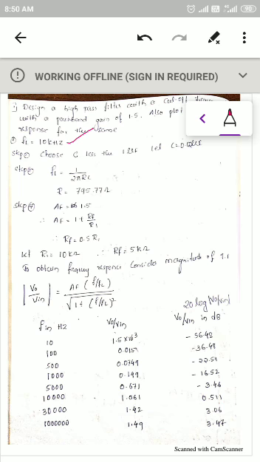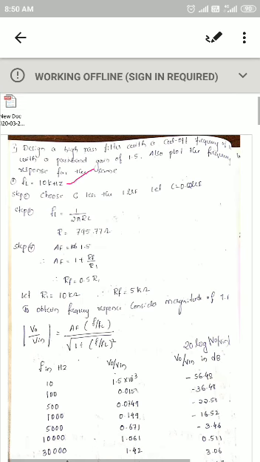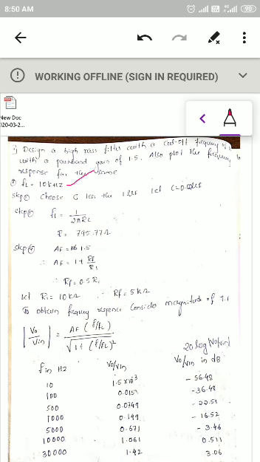So the first step is you have to choose the capacitance value. If the capacitance value is not given, as I told, you have to choose a smaller value of the capacitance, 0.01, 0.02, whatever it is. I have chosen here 0.02 microfarad. We know that cutoff frequency FL for the filter is 1 divided by 2 pi RC. You know the FL value and the capacitance value, so substitute here and find out the value of R.